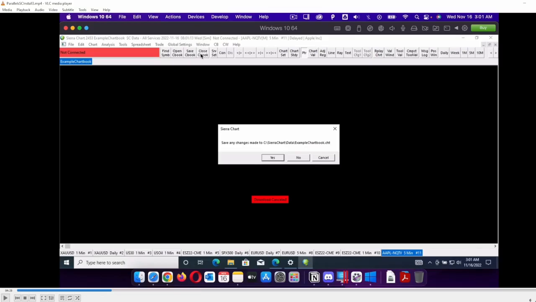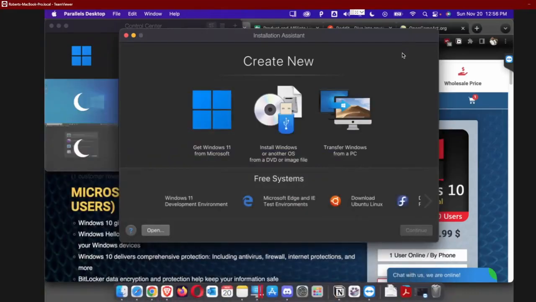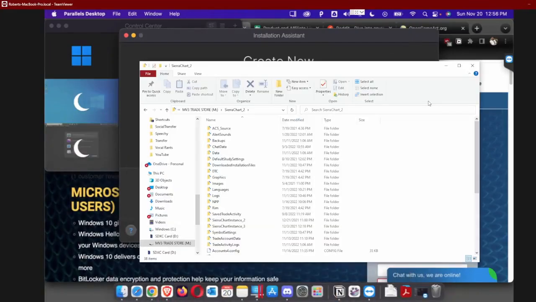So that's how you install it. Now, from there, you should be good to go. You can start trading and doing all your charting and all that stuff that you want to do, right? But if you want to bring over your Sierra Chart settings, let's say you've already been using Sierra Chart on another computer, on a PC, I'm going to switch off of this, and it's going to be easier for me just to show you than do it in the recording. So on the PC that you already